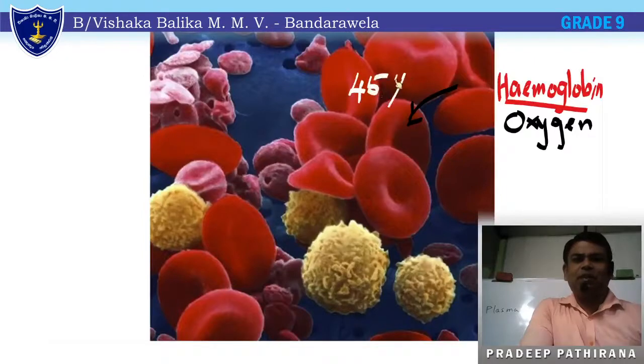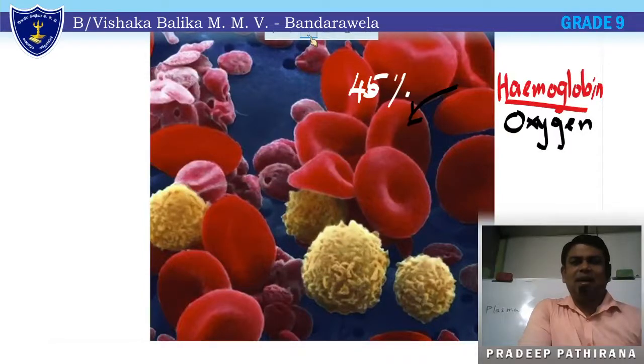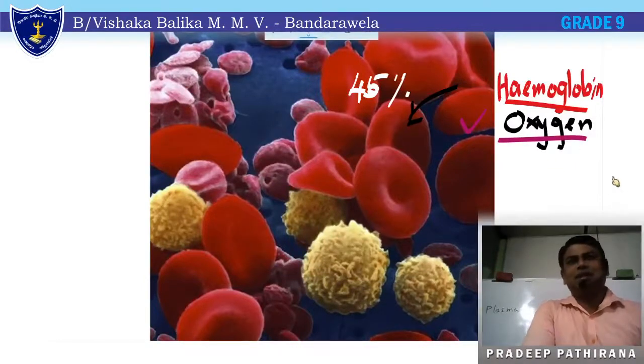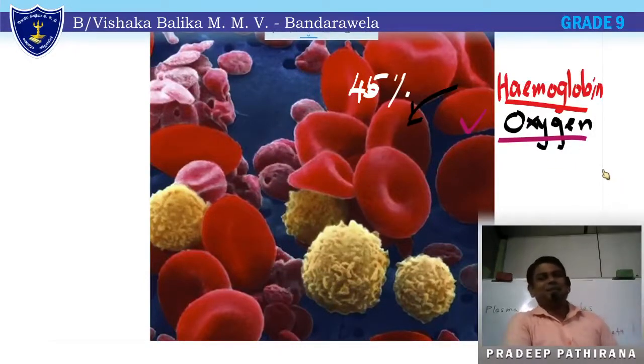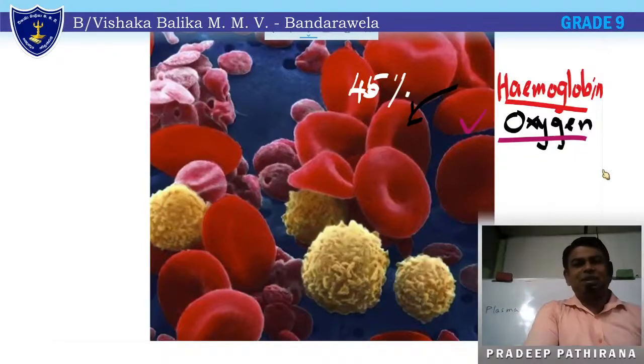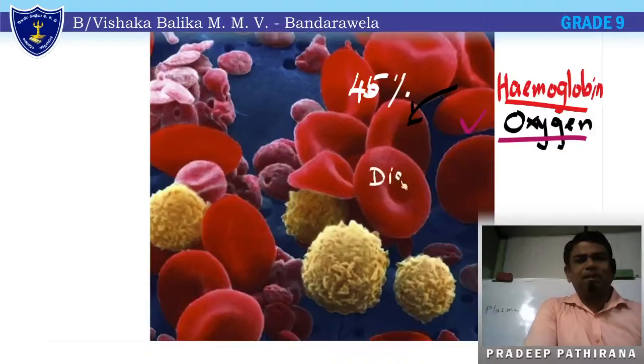45% of the blood is red cells. We know this. And the main function, as I mentioned, the only function is transportation of oxygen. So it's easy to remember. What about the shape? Looks like discs. The shape seems a disc shape, like small discs,